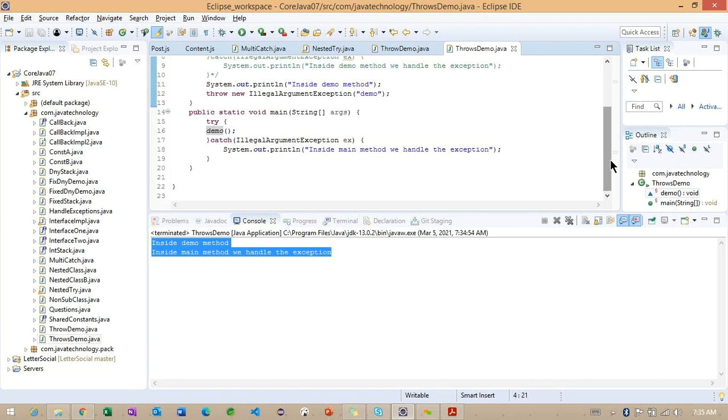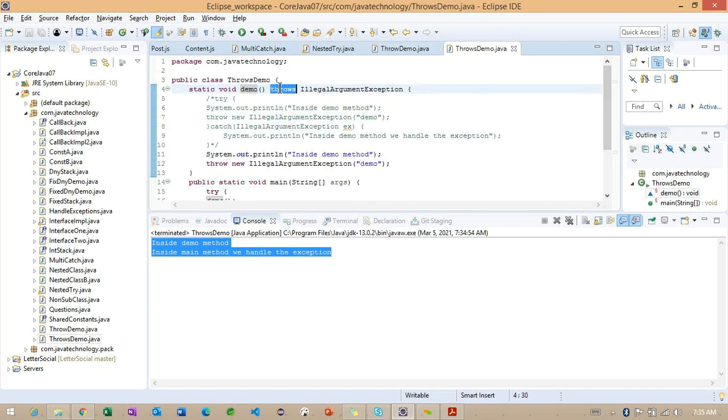But the thing is, whenever we throw this particular exception, it has to be handled at some location. Getting the point? Only then will the message we are trying to provide to the user be reflected. Otherwise, by default, the system is going to generate a message that cannot be understood by the user. So this is all about the throws keyword, as well as the throw keyword we worked with here.